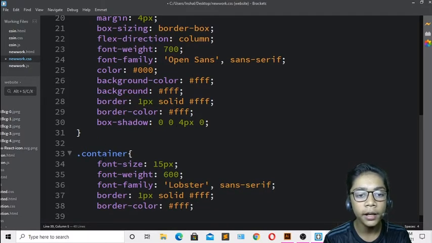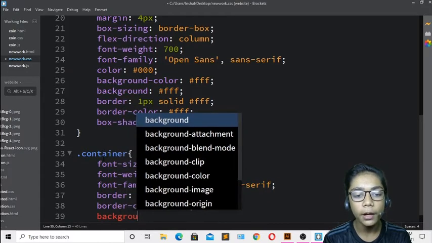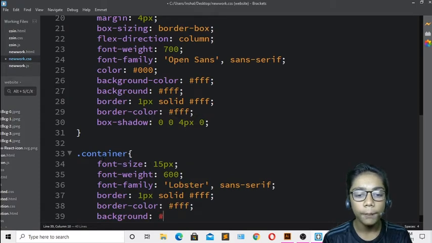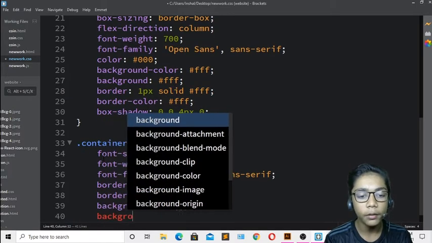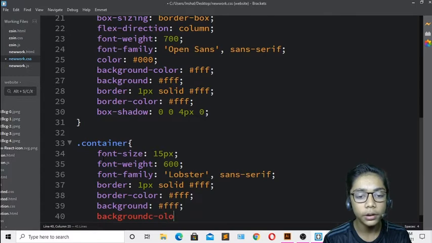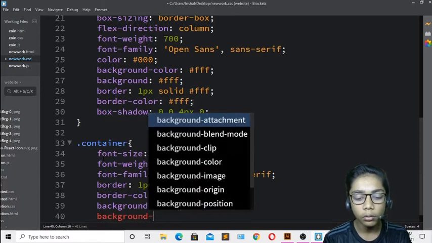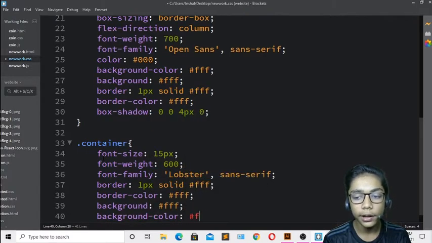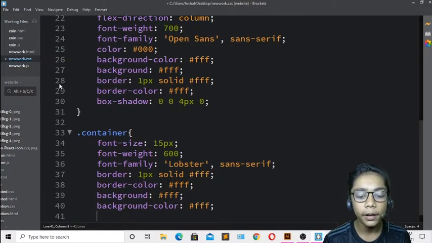Then come over here, and here you have to write background. So the background should be the same for every class over here. So I will also define white, and over here the background color also should be white. So I will write over here white. Now just when you've done that, you have to hit save over here and come over here and write the padding.